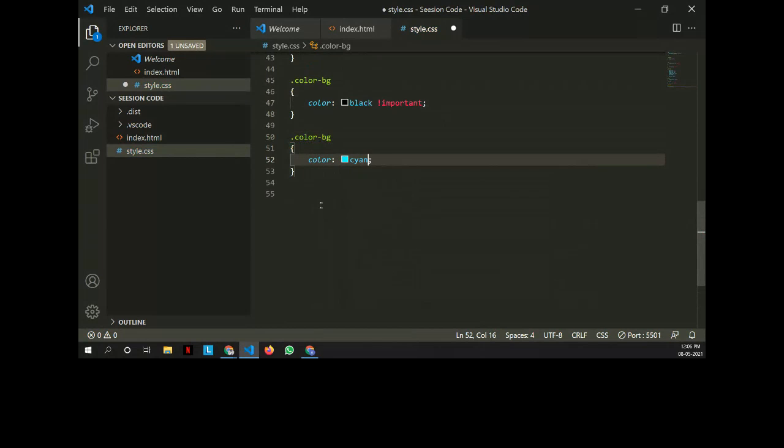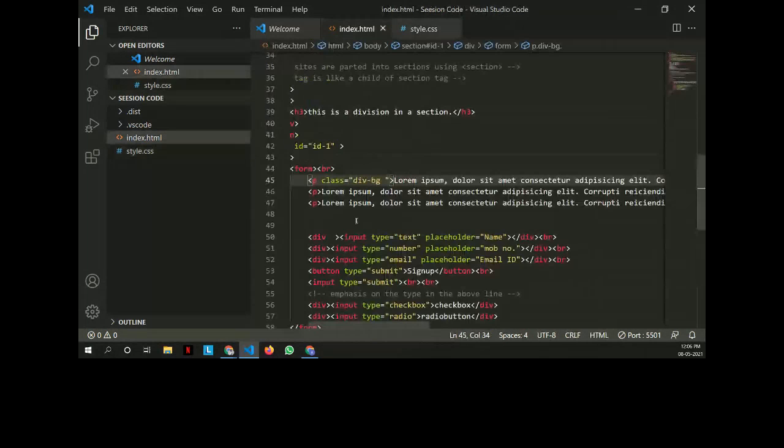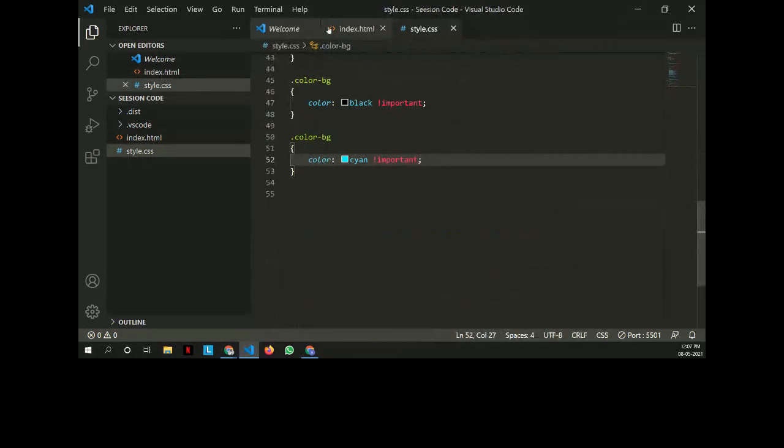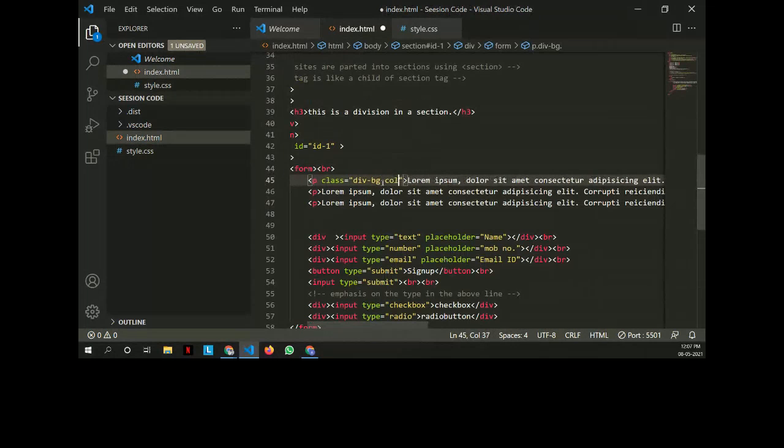Yeah, cyan, and I'll add important to this also. Out of both of these CSS properties, this property will be given more priority because it's in the name, cascading style sheets, that it is cascading downwards. So whichever CSS class is there on the later part, the latest one, that will be implemented. So wait, it's color bg, right? I'll just add color bg here.